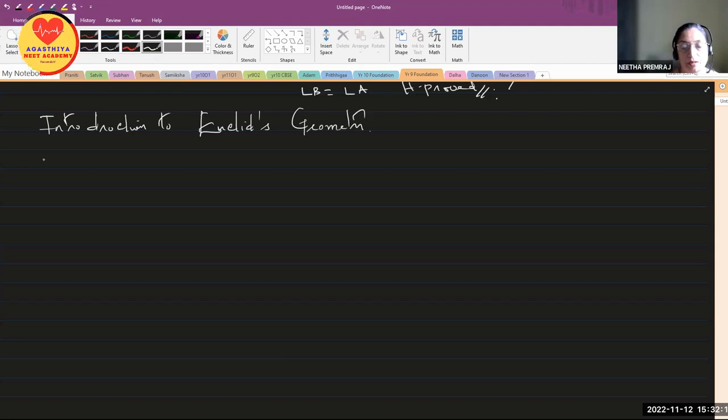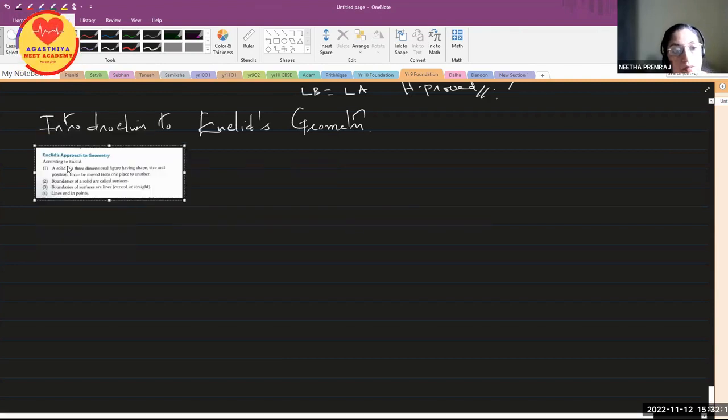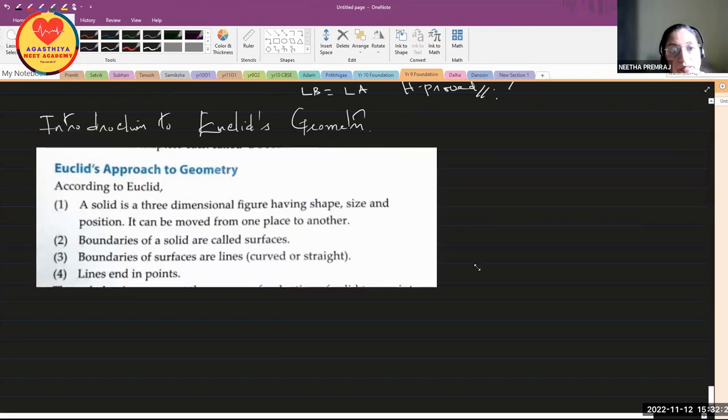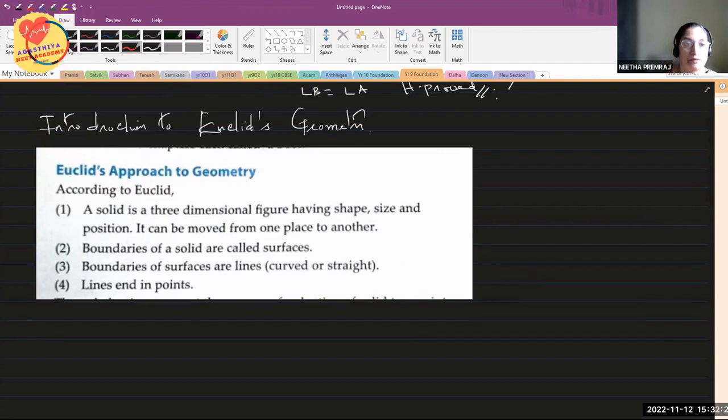In this, we are going to learn what his approach is. According to Euclid, a solid is a three-dimensional figure having shape, size, position, and can be moved from one place